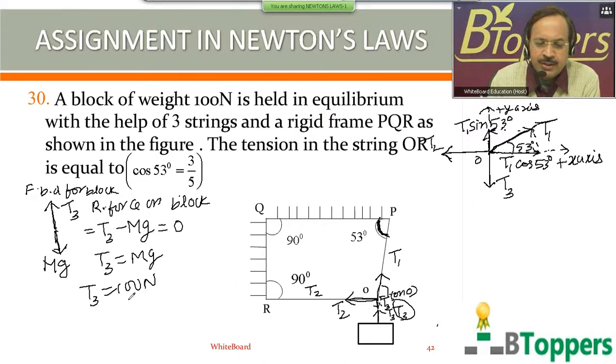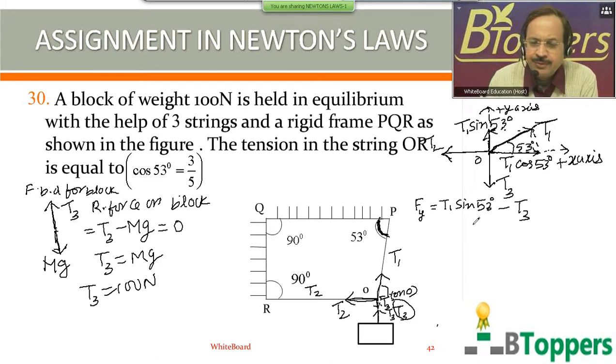We know the magnitude of the third tension T3 is equal to 100 newtons. So we'll first find Fy, because we don't know the values of T1 and T2. If you find Fx first, you cannot find T1 or T2. To find T1 or T2, first you have to find Fy. So the y component of the resultant force we denote by Fy. The vertical component of tension with magnitude T1 sin 53 degrees acts vertically upwards along the positive y-axis. The tension force T3 on the particle at O acts vertically downwards in the negative y direction.